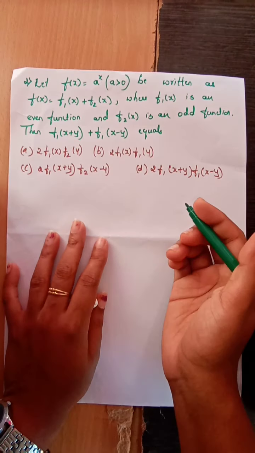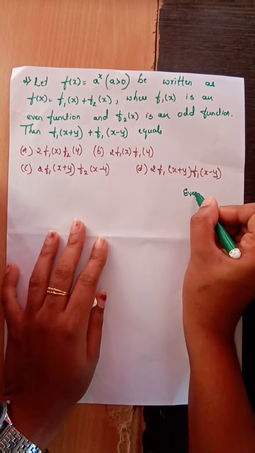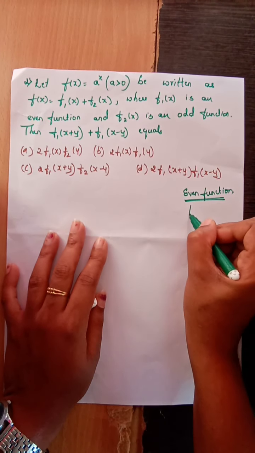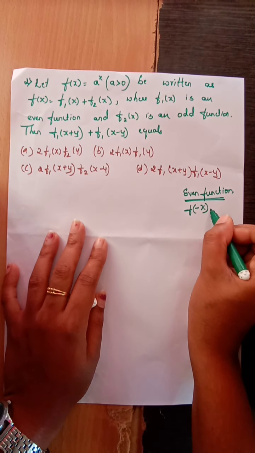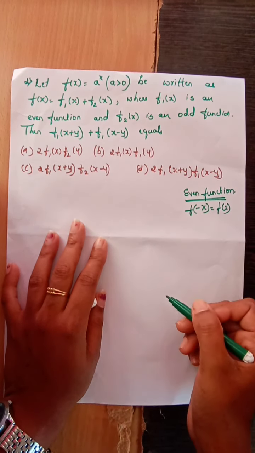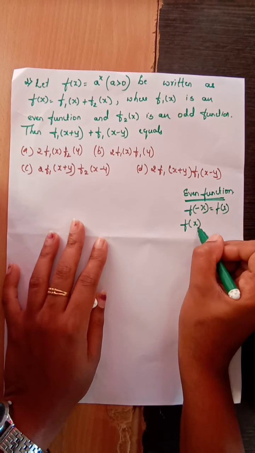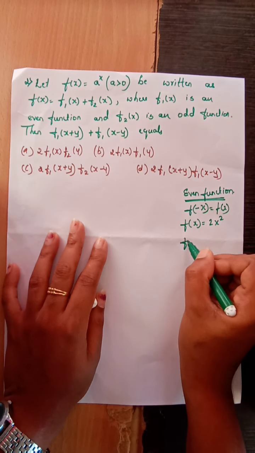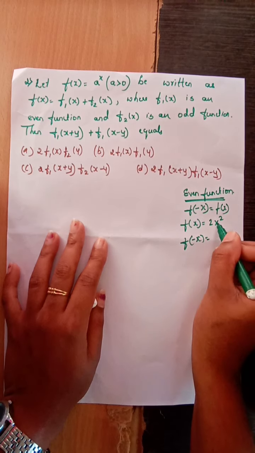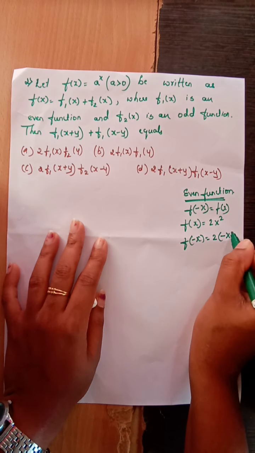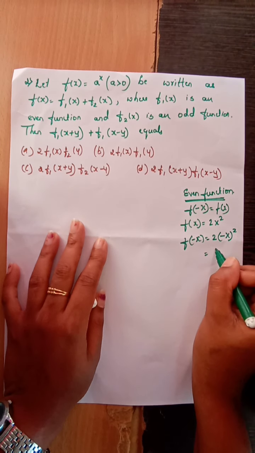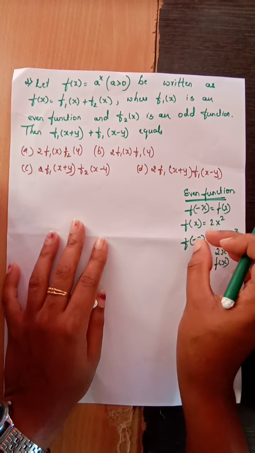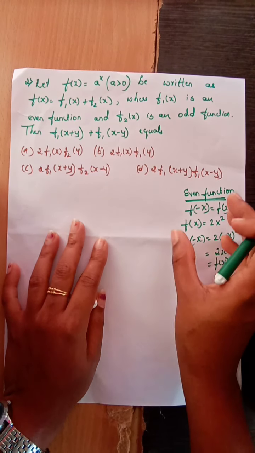So now what do you mean by even function and odd function? Even functions are those functions where, even after replacing x by minus x, you get it equal to f of x. For example, suppose you take f of x is equal to 2x square. What is f of minus x? Wherever you have x, you have to replace it by minus x. So 2 into (minus x) square. What is 2 into (minus x) square? It is nothing but 2x square. But what is 2x square? It is f of x.